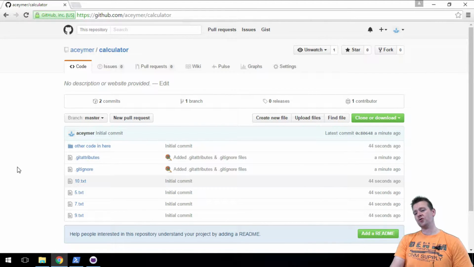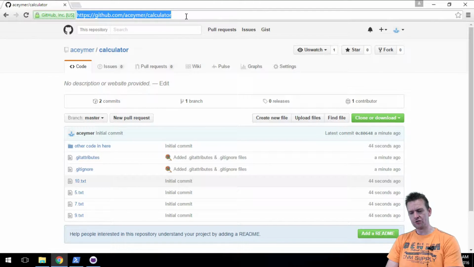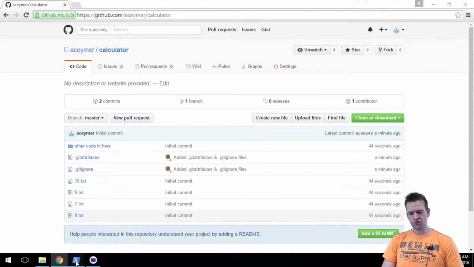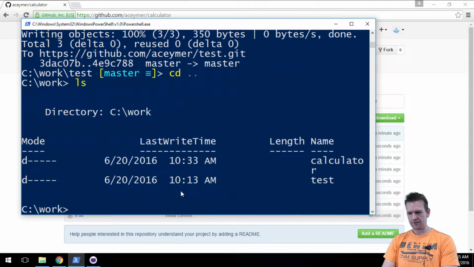I'll keep it up there so you guys can go and clone it if you want to, and I'll just do it right away. I just want to make a clone of this right away, just to show you how we can actually add the MD file. So let's just do a git clone here right away. I'll just clone it to a new place. So let me just get out of this folder, see where I'm at. There we go. I'll make a git clone,